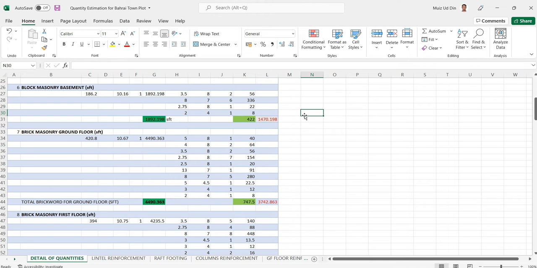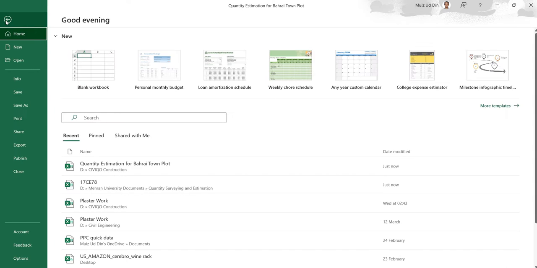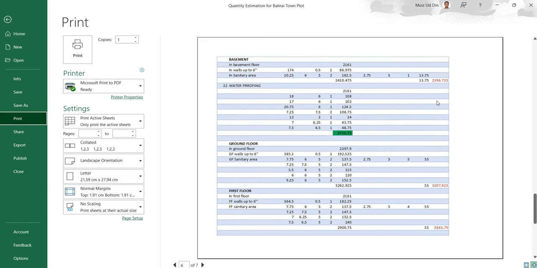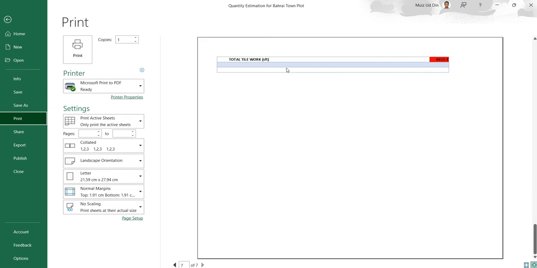You first of all open your Excel sheet and then go to File at the top of your screen. Then you scroll down and you go to Print. In Print, you need to confirm that your data has been printed clearly, because if some of the data is